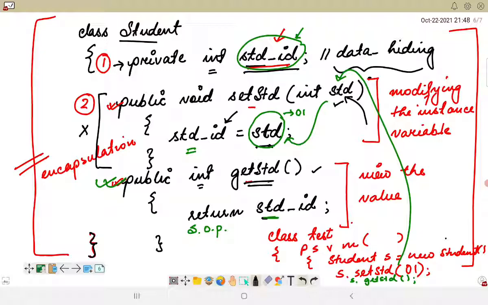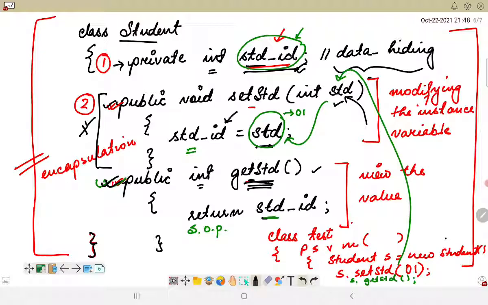Okay, so this is how, even if hackers get access to your program, if it is not an authorized user, or not capable of creating an object of that particular class in order to invoke these two methods, at that point of time it will never be able to modify this particular variable. If we do not use the setter method, it can just read the variable.